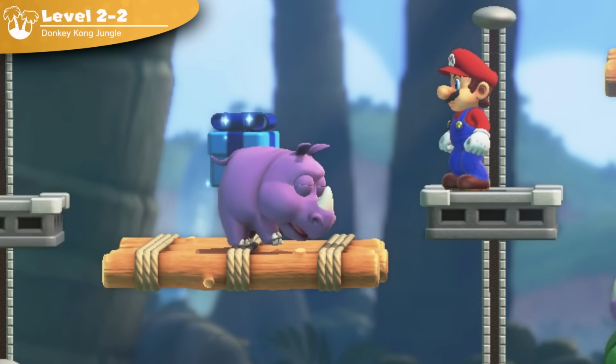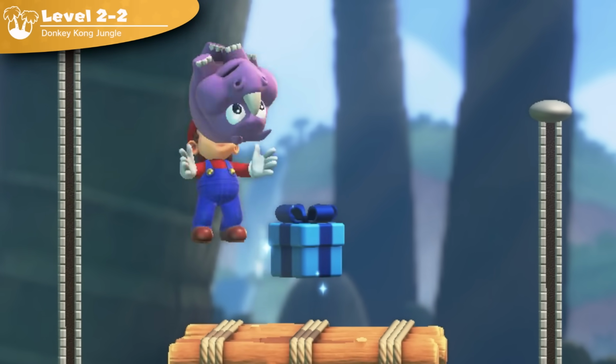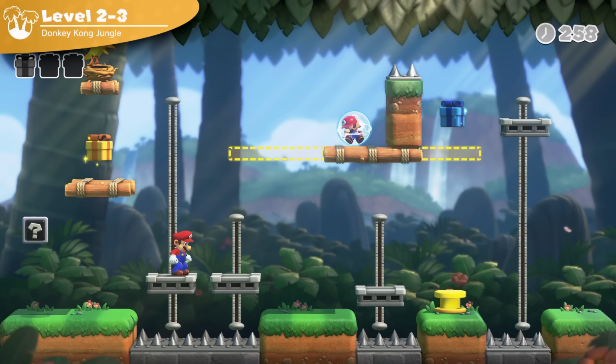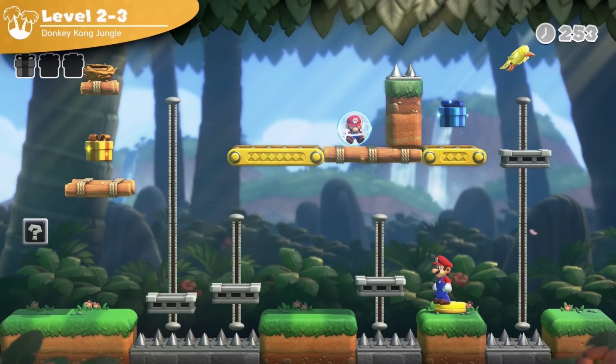I trusted you, Rhino. Why would you do this to me? You know I had to deliver some sweet revenge. See ya, sucker! 2-3 was actually very easy, as all of the gifts are really far away from the main